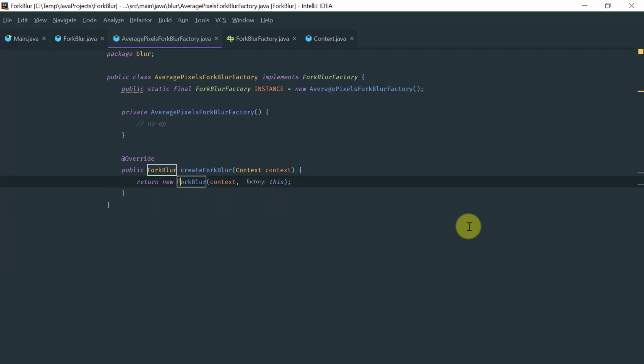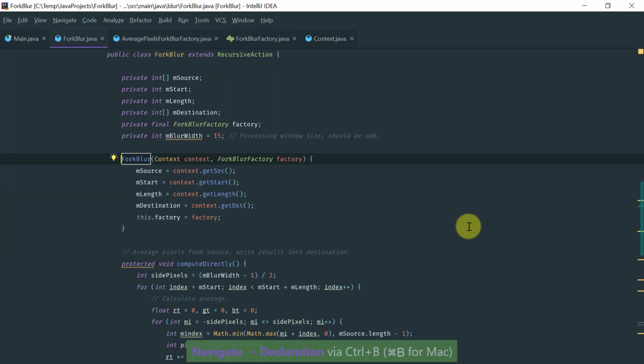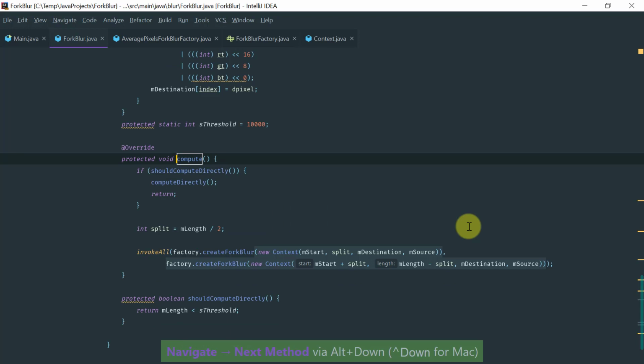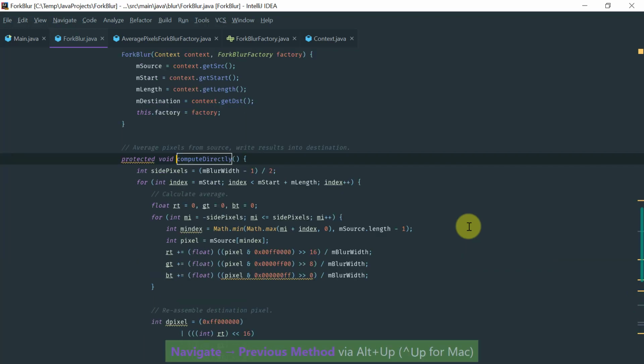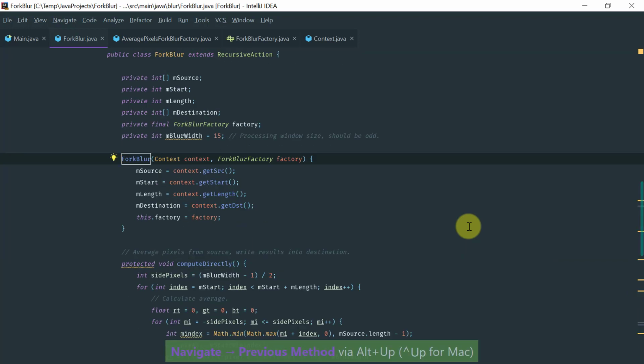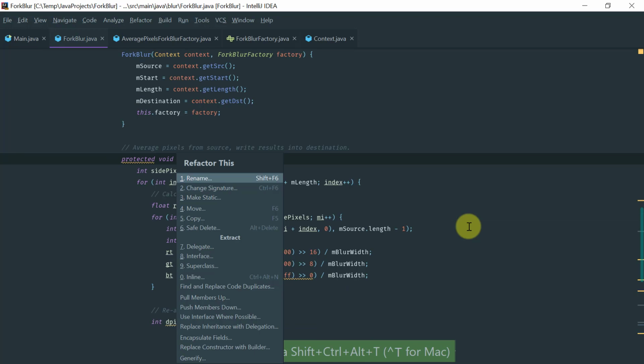So now we are able to create the fork blur object, and basically the actual factory is a field of the fork blur class, and it encapsulates the actual instance that is going to create the actual fork blur object. So with this change we can now extract a superclass,